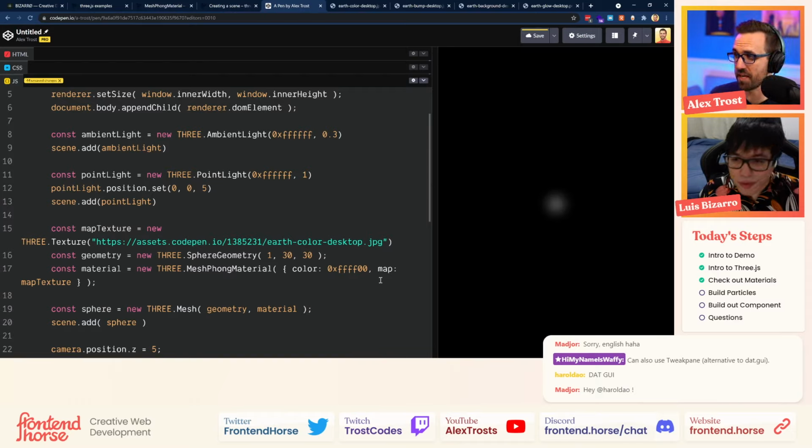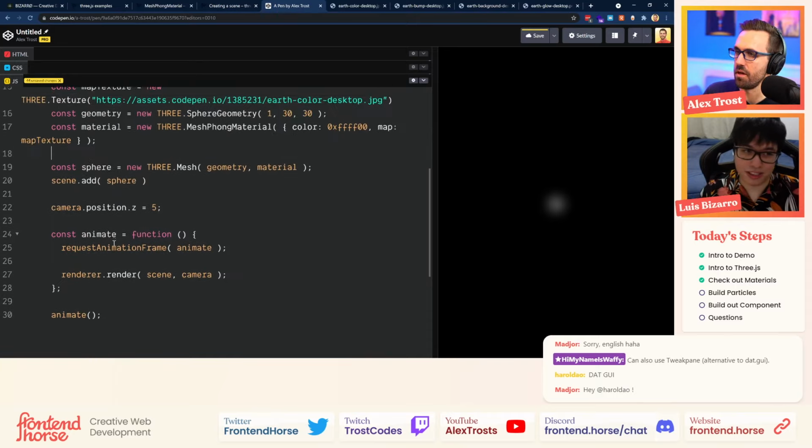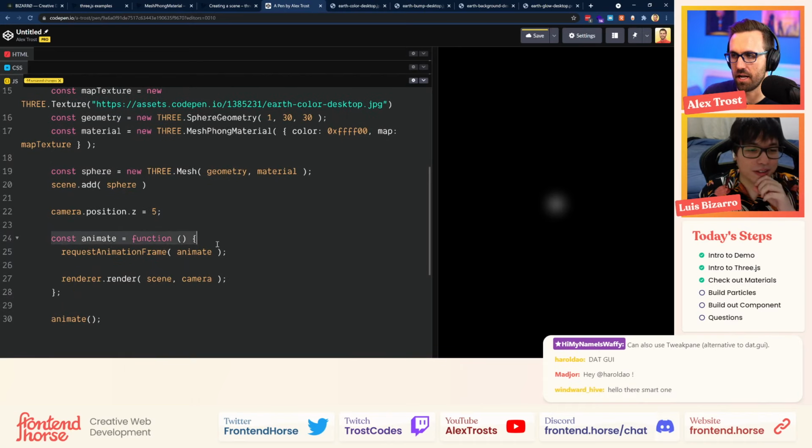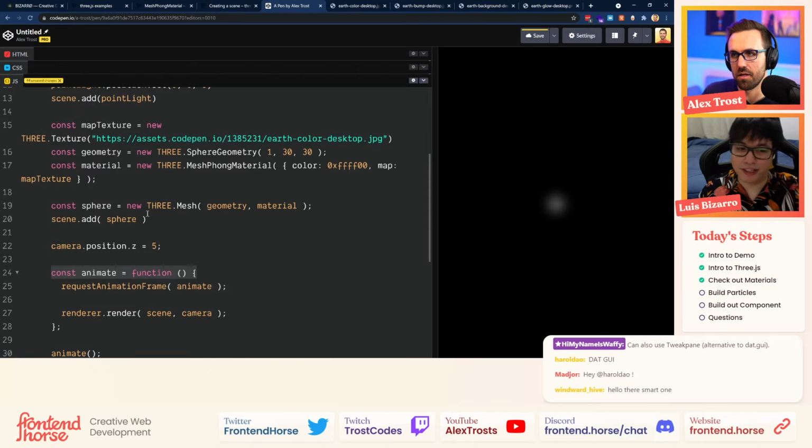Awesome. So something happened. I don't know if it's good. Right now I think we also need to call mapTexture.needsUpdate = true, because we're initializing that in a different way without using TextureLoader. So where do I put that, before animate? It's after the mapTexture declaration. You don't need to include that in the animate.